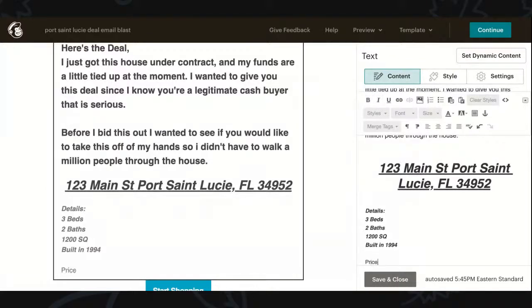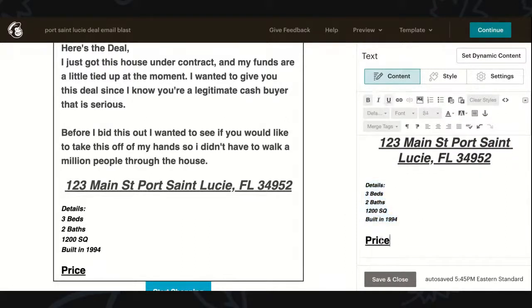So this one should be the biggest one right here. We're just going to put price, and we're going to make this one bold. We're going to underline it and make it really big. So 24, no. There we go. Oh, I can do the colors. All right, I'll just make this black while we're at it. Cool. So price, we can make that a little bigger. Let's just do 26 for now. And then let's get rid of the underlines. How do I do this?